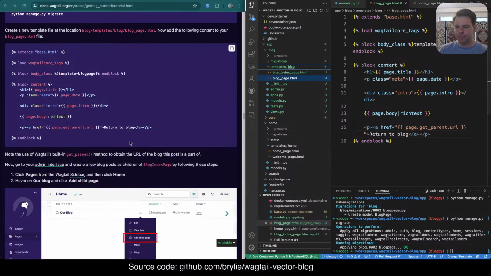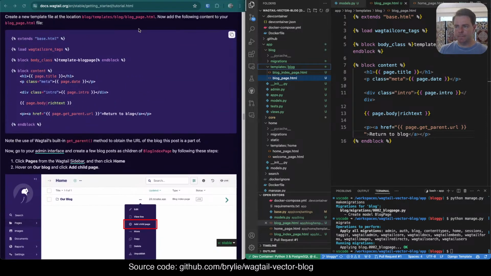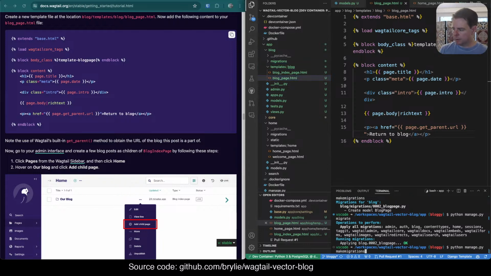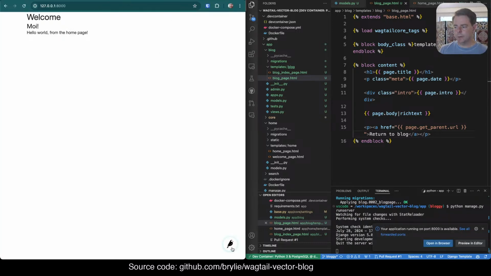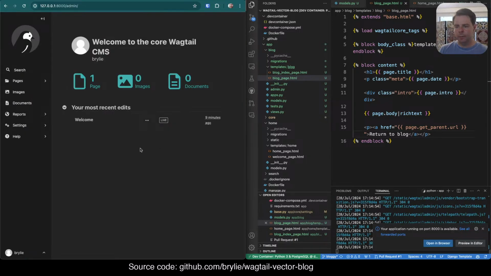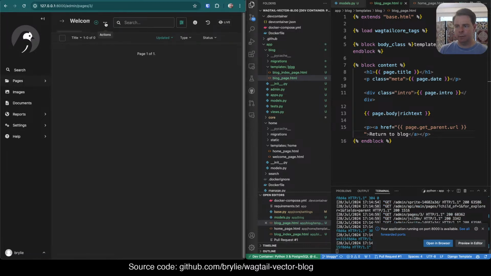So now we have a template for blogs page, and this is the interesting thing. We didn't actually define any constraints, but they're showing me how to manually create a child page of the blog index page. So let's run the server. We will go to the Wagtail admin. We will create a page, child of, I'm thinking they're going to say child of the welcome page,